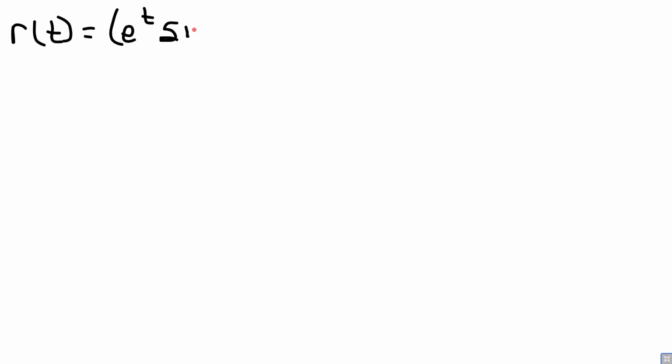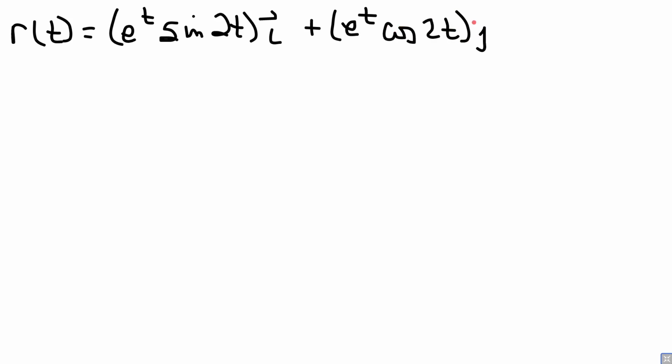sine of 2t in the i direction plus e to the t cosine of 2t in the j direction plus 2e to the t in the k direction, and it tells us that t is equal to 0. Okay, so